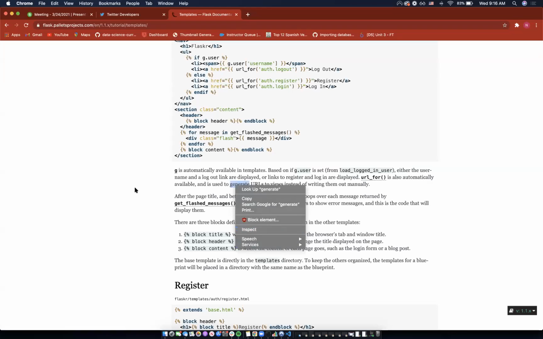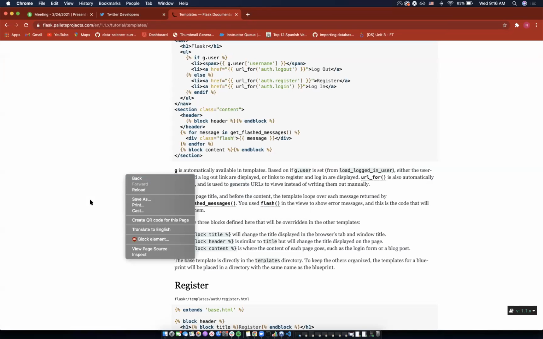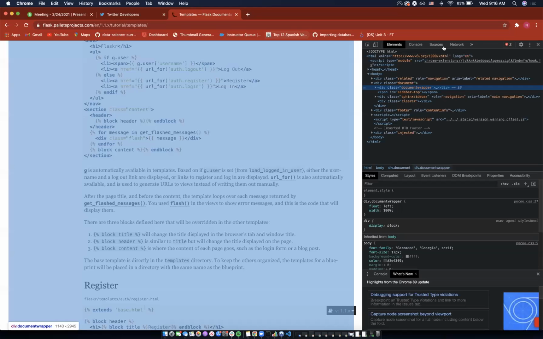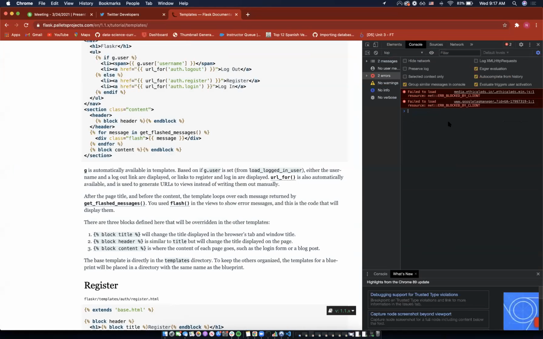Again, if we use this Flask.palettes project web application as an example, if we go ahead and hit inspect, we get up these dev tools, okay? And this is the source code right here, and we can see that. And then we have the console, sources, and network, all right? So this console right here is a JavaScript console. It allows us to run basic knowledge, and we have